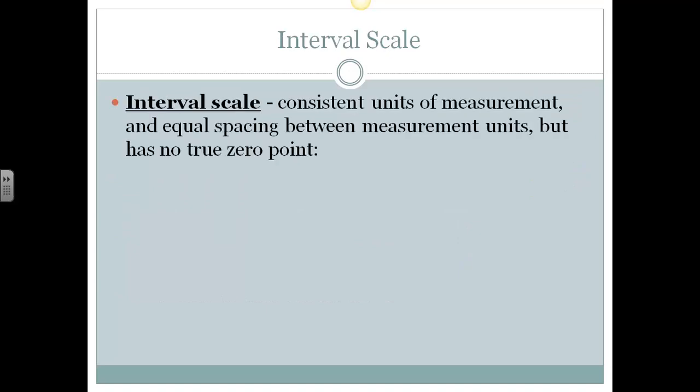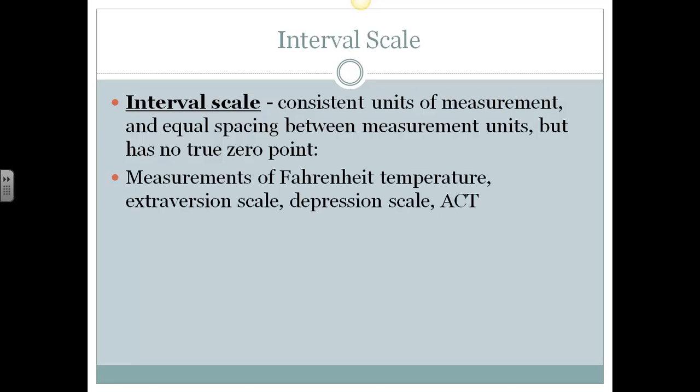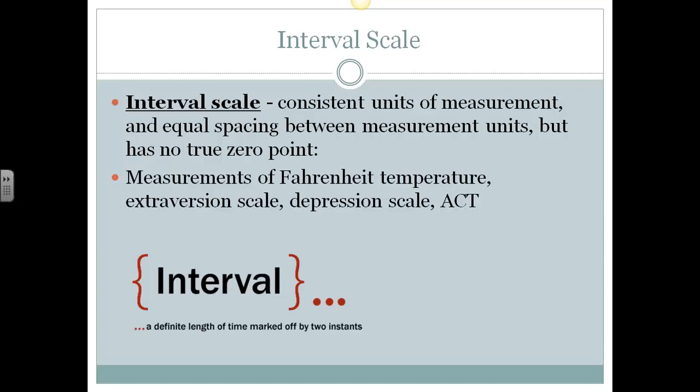Now an interval scale is interesting because it involves consistent units of measurement and equal spacing between the units of measurement, but it has no true 0 point, which means there might be negative numbers. Examples are measures of Fahrenheit or calculus. Certain scales in psychology might have equal intervals, but not necessarily an absolute 0. So if you think of an interval as a definitive length of time or of another category like temperature, an example might be